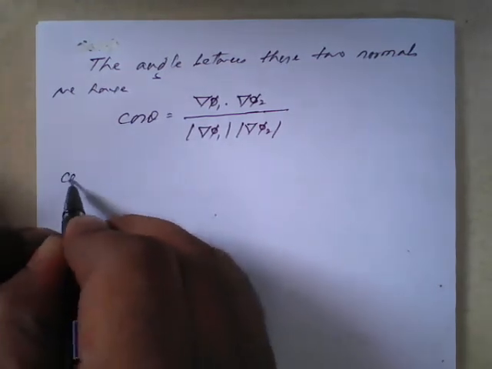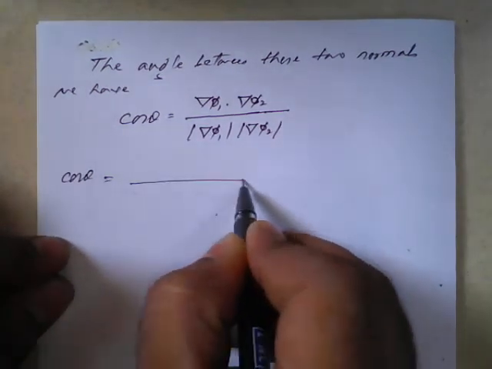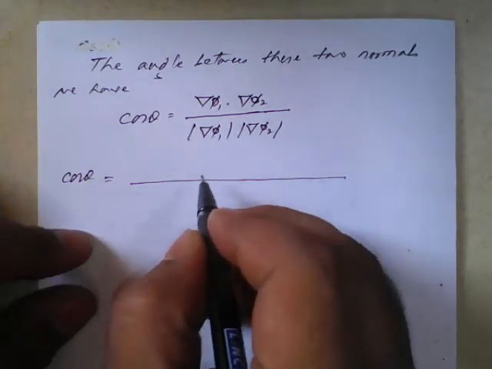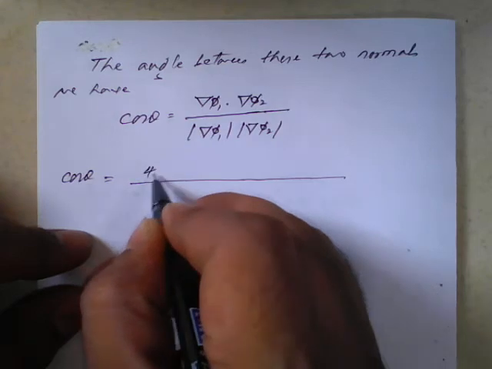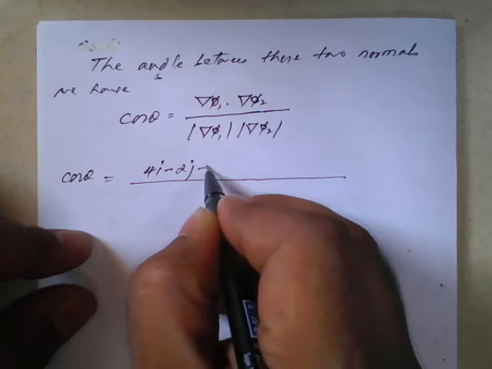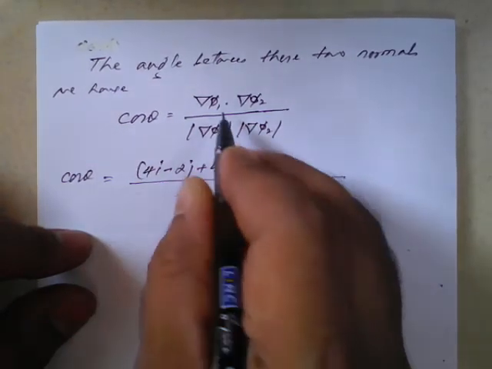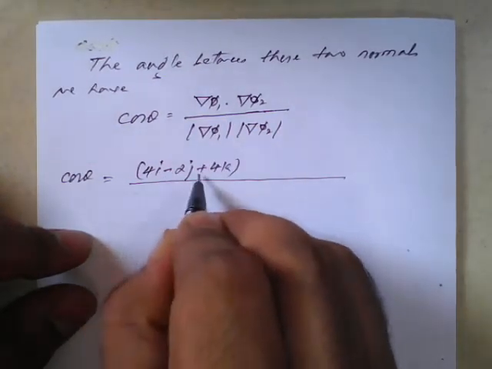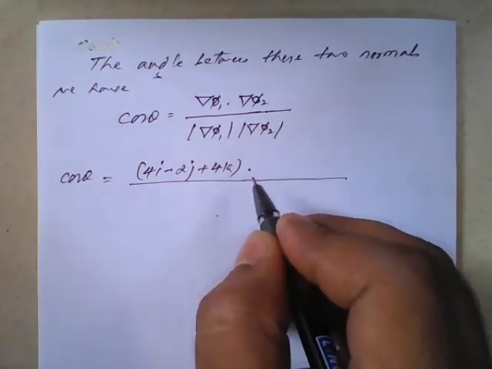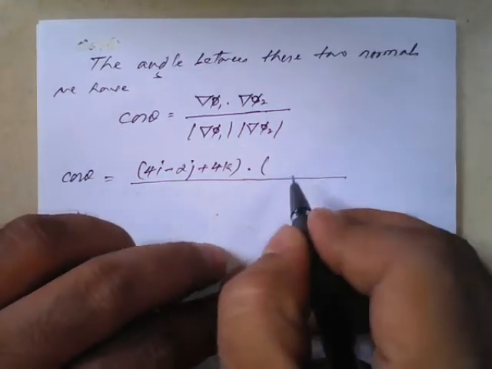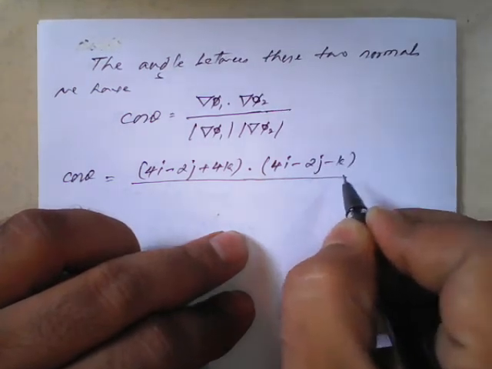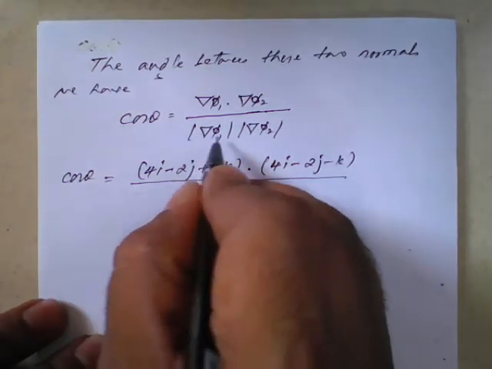Therefore cos theta is equal to, del phi 1 we got as 4i minus 2j plus 4k, dot del phi 2, which will be 4i minus 2j minus k, we got it, and divided by